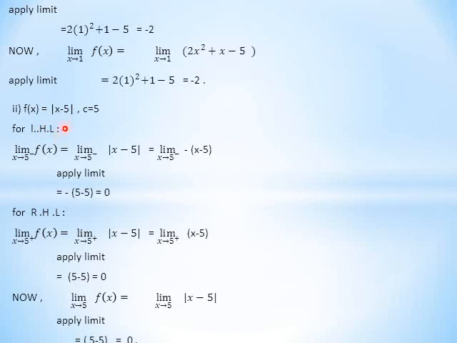For the left hand limit, because c is equal to 5, we apply the limit from the negative side. So minus 5, the minus is outside the bracket, minus x minus 5, so applying the limit, 5 minus 5 is 0. Okay, and the right hand limit is from the positive side, so 5 minus 5 is 0 and the positive is outside the absolute value, so 0 is here. So the left hand limit answer is 0, the right hand limit answer is also 0. So if we apply the limit of f of x as x tends to 5, the answer is also 0.